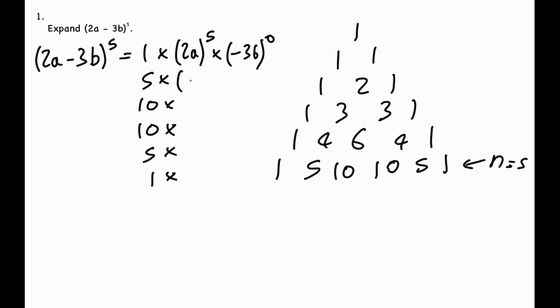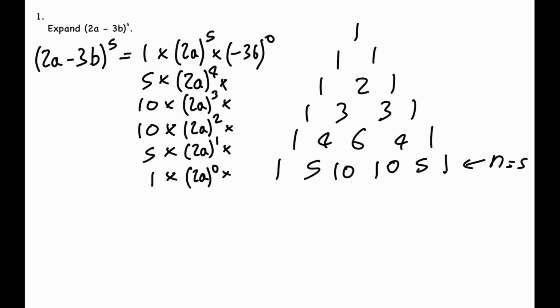And then we'll go back up. So we'll decrease the power here, so we'll have 2a to the power of 4, 2a to the power of 3, 2a to the power of 2, 2a to the power of 1, and 2a to the power of 0. And then we can multiply to get